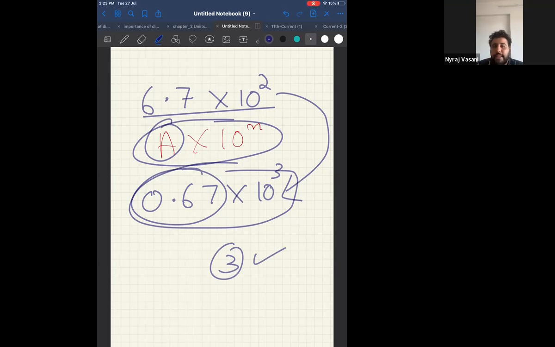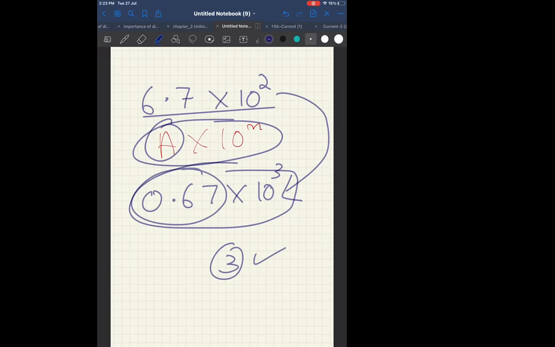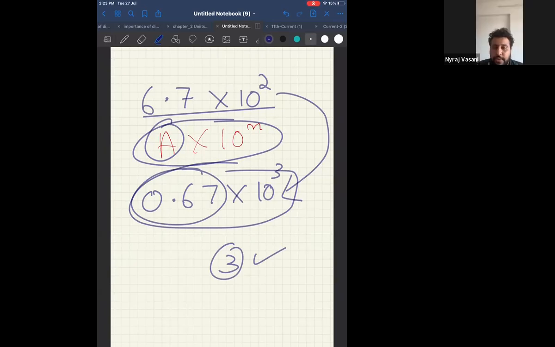My intention is, if the number is not in that range, you cannot say there is no order of magnitude. You have to bring it to that range and then give the answer of order of magnitude. Therefore, order of magnitude is 3. Order of magnitude is 3. Are you getting this much? Okay. Now I'll give you 3 numbers. For all 3 numbers, I want you to tell me what is the order of magnitude. Okay.